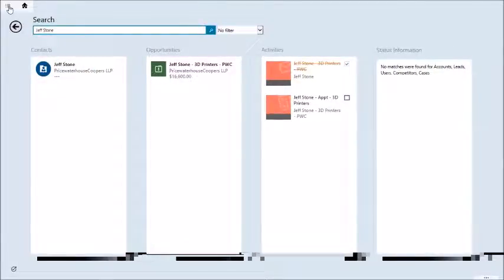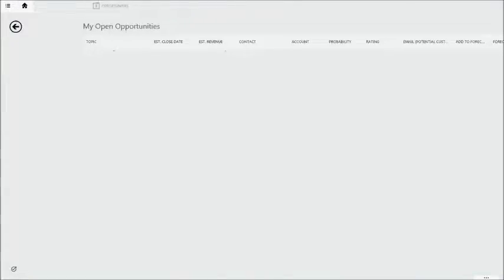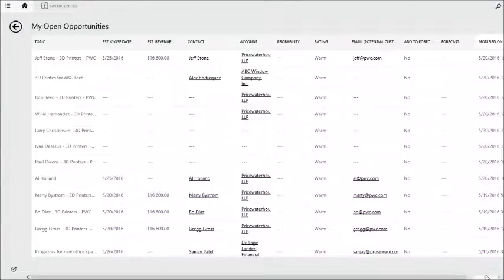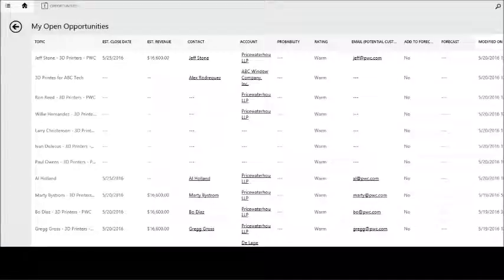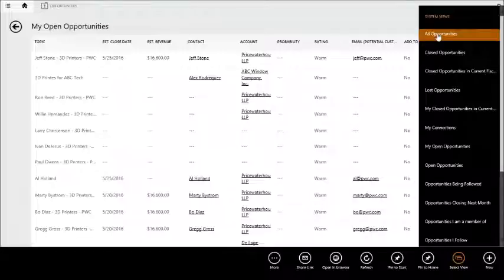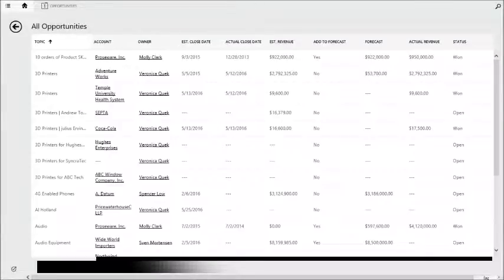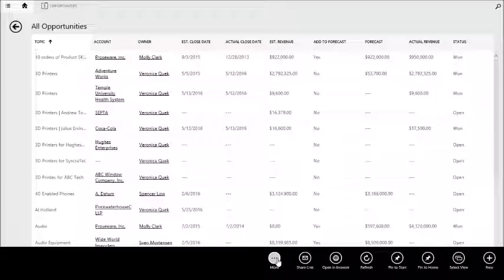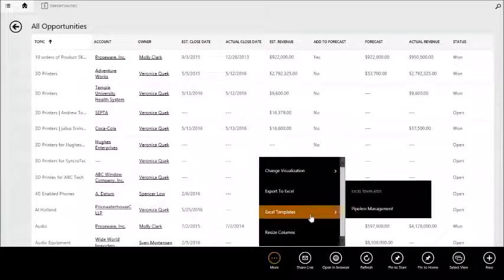So I'm going to go Home, I'm going to go Opportunities, and I'm going to show what's available to view from Opportunities. I can select the view. I can change it to all opportunities. Then I can actually run an Excel template. So this is actually the first step of our business intelligence or insights section of the demo,